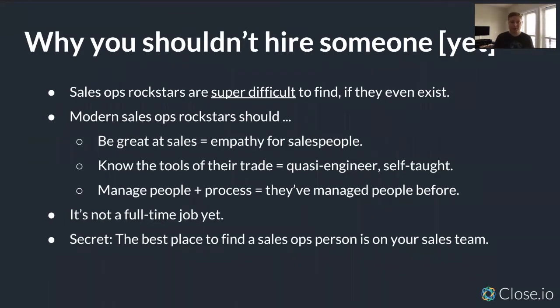You're managing a sales process or you're helping optimize it, so you have to understand how all those things work. So it's finding a very difficult person. And usually, with where you're at in your business, and this is definitely the case for us at Close.io, sales operation is not a full-time job. It's not a 40-hour a week role. It's something where we're doing 1 or 2 experiments a month, because we only have two full-time salespeople on the team here at Close.io. So you don't need a full-time person to do that. I'm doing sales operations on top of a bunch of other things at the same time.